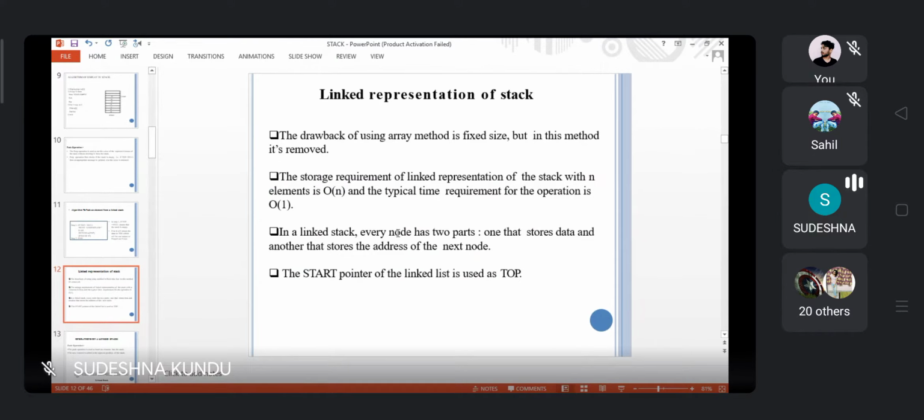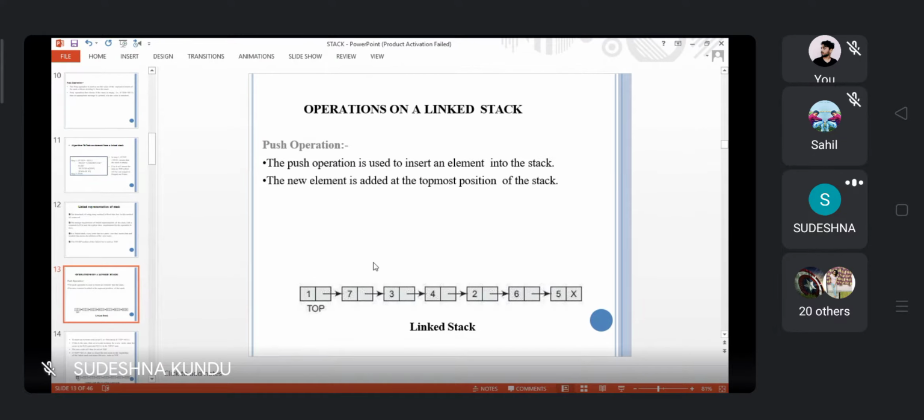Now, link representation of the stack. In the push operation, the push operation is used to insert an element into the stack. The new element is added at the topmost position of the stack. In linked list, you can insert the element from the end, from the middle, from the top, or from the bottom.